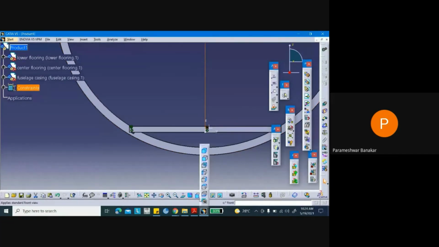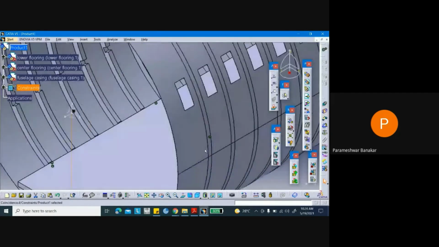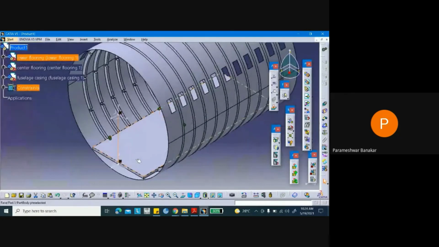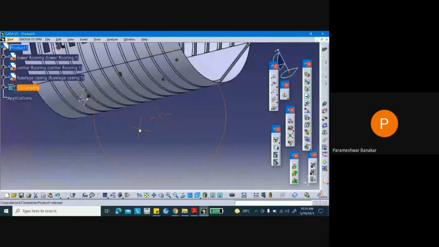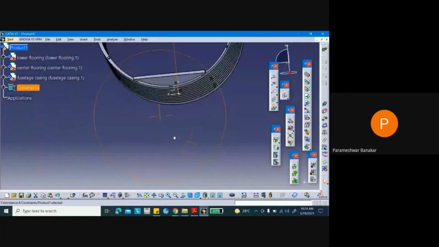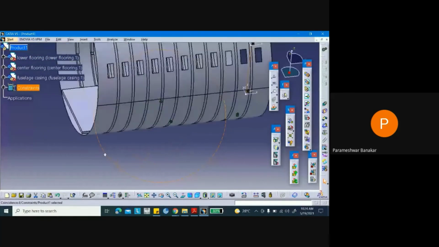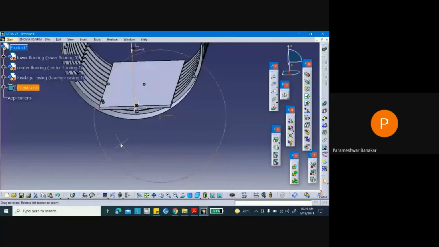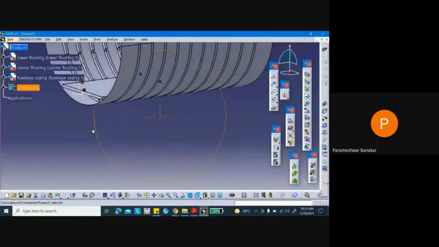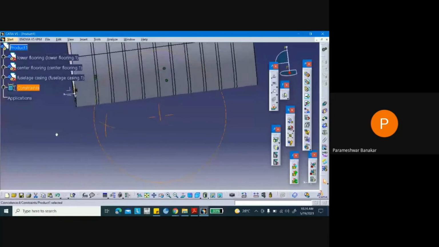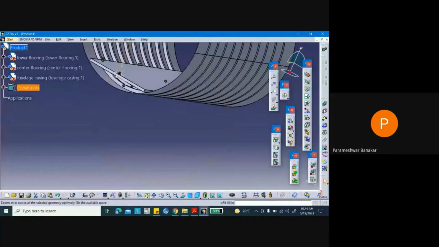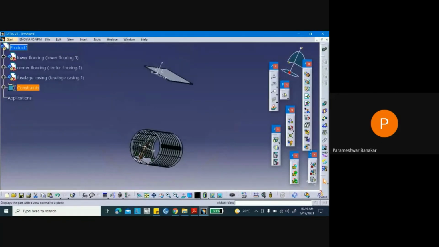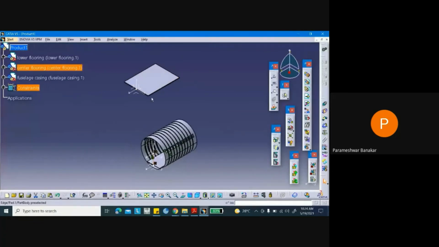So now you can see this. Go to isometric view. Exactly, it is fitting. See. Can you see this? Right? See this. Exactly, it is there inside. So similarly, we can fix the other one also.